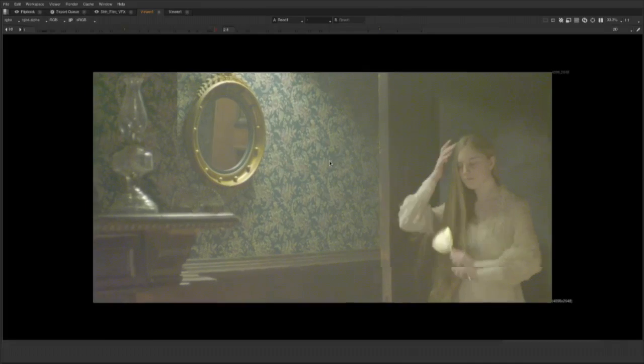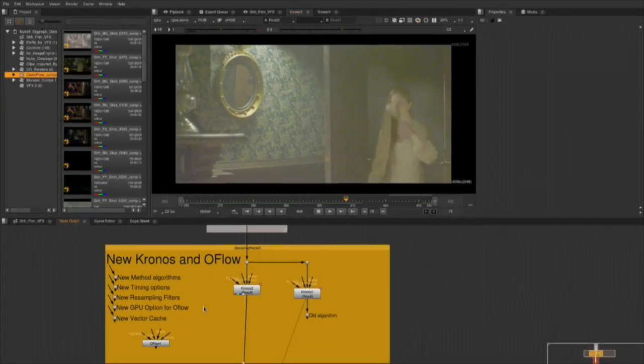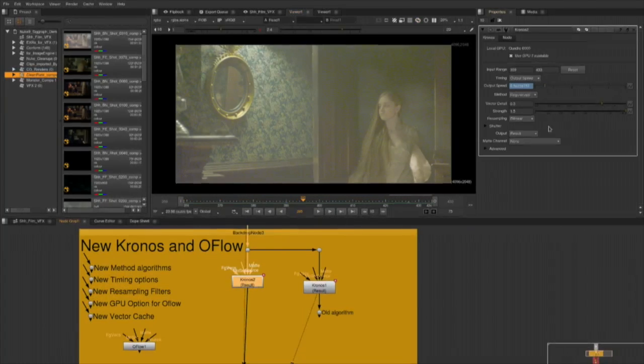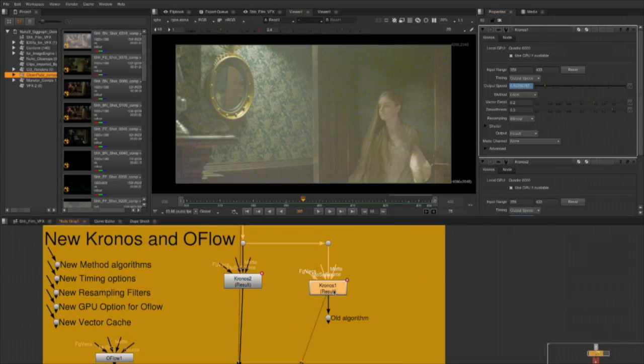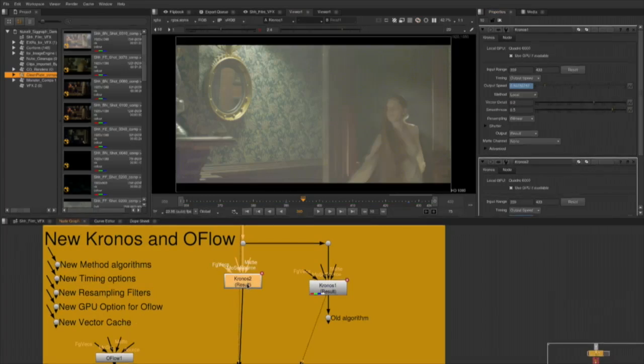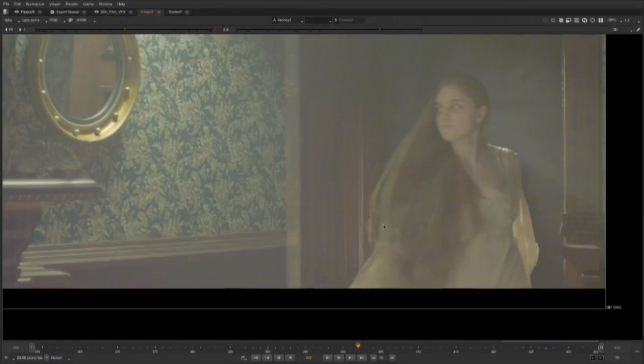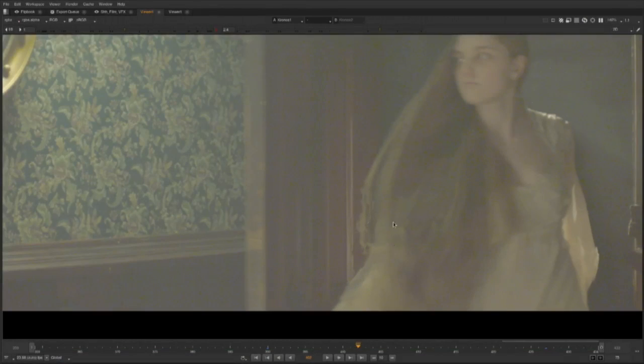So let's have a look at that and show you the improvements that we've got in this new Chronos. So first of all, like I showed you in the motion blur, there's 2 new modes, the TVME or regularized mode and local, which is the old mode. And over here, I've got the old version of Chronos so we can compare the difference in the algorithm. And what I'm going to show you is some of where the old one started to fail. So here we have an example already where the hair started to be kind of destroyed by the old algorithm. And if we look at the new one,